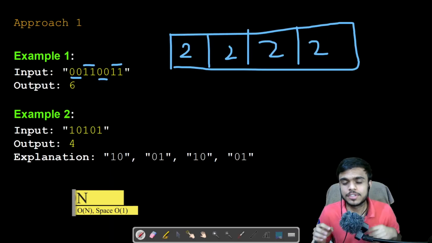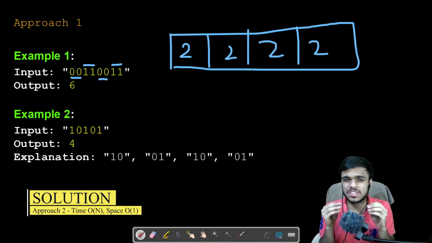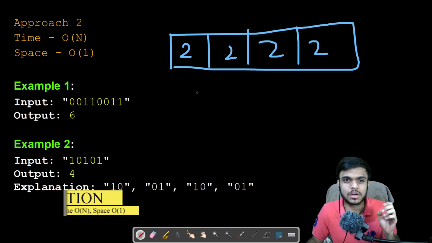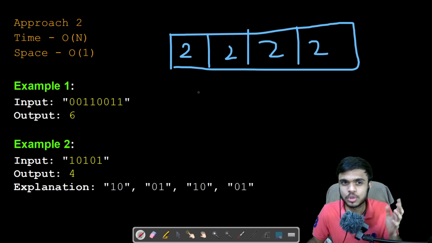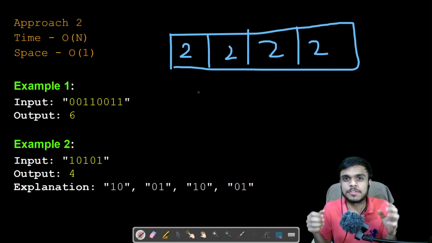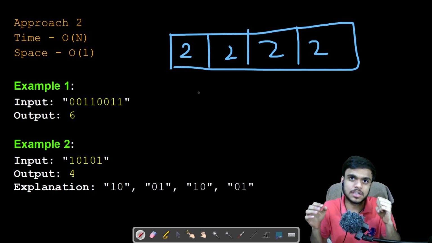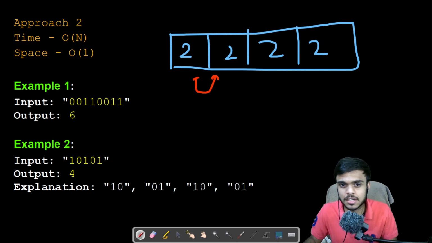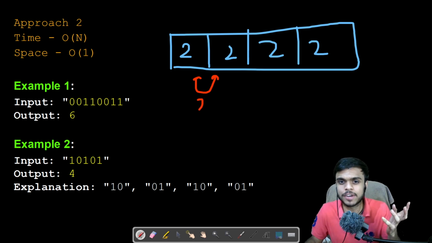Okay, so now that you have understood the first approach, the second approach is really very simple. It is just an optimization of the first approach. What we were basically doing in the first approach is grouping the similar characters together, and after grouping, we were creating a vector of every group's count of characters. After that, we were comparing two groups to be particular, and then getting the minimum to find the number of substrings.